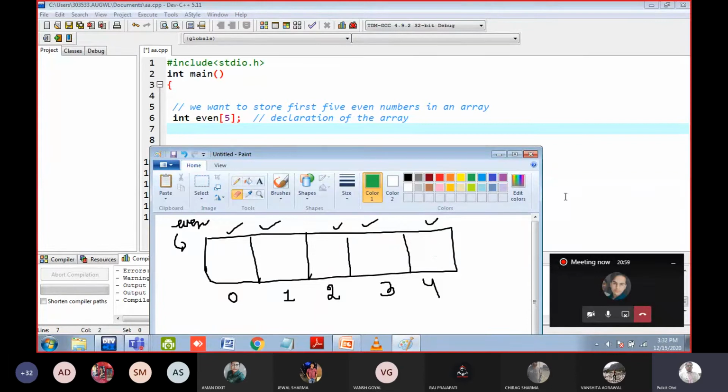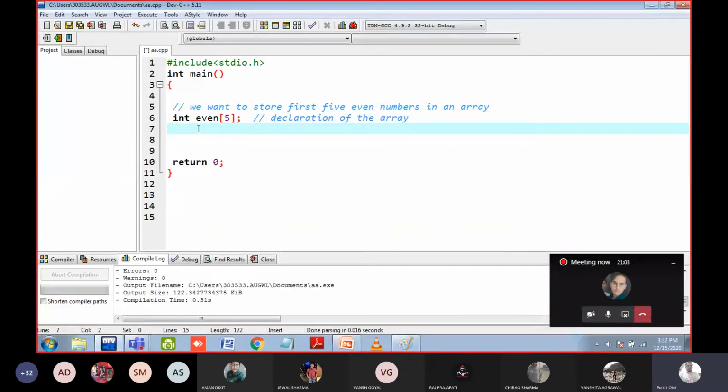How can I fill it? What is the name of the array? Even. So write the name of the array, even. I told you square brackets are used in the array. So you want to fill the first location, yes or no? So you will write 1 here. No, 1 means the second location. The first location is 0. Then write equal to, and here fill the first even number, 0.